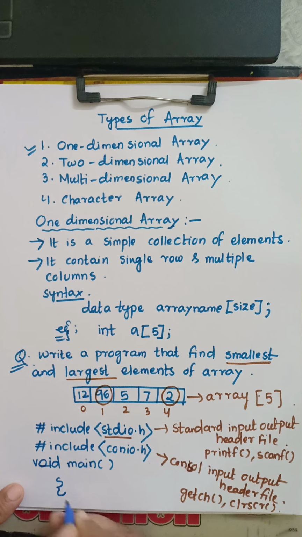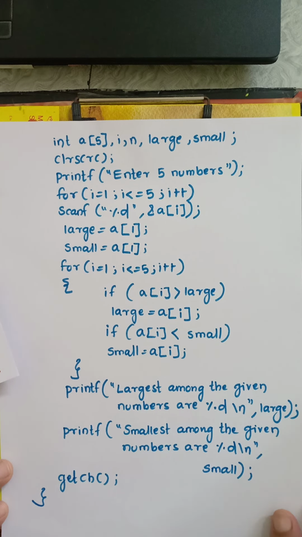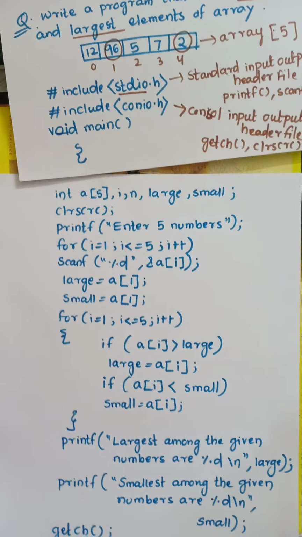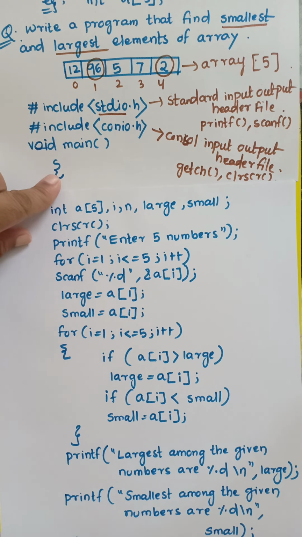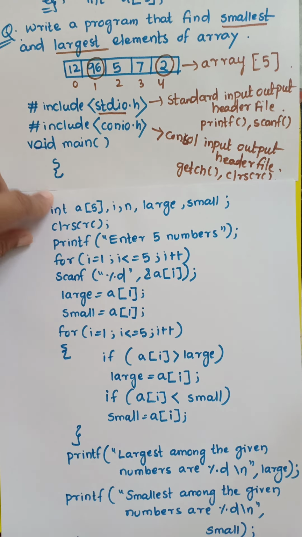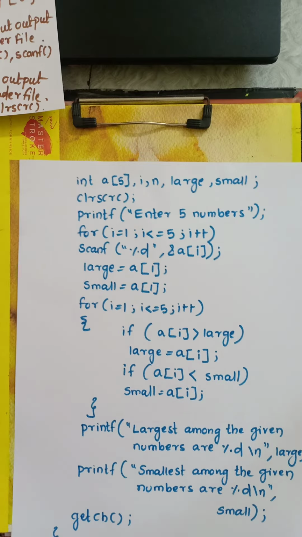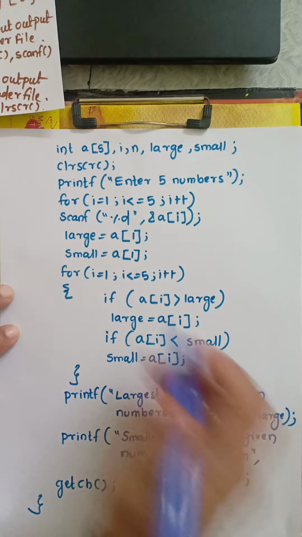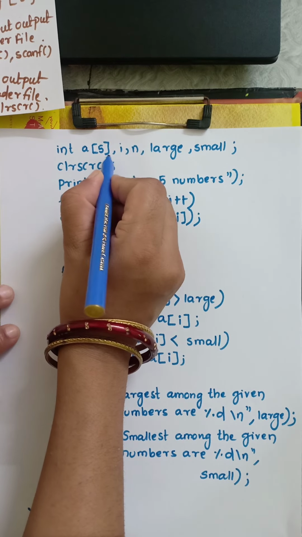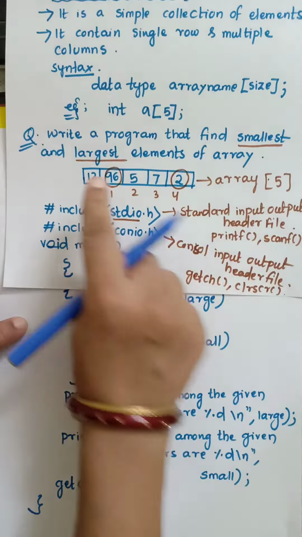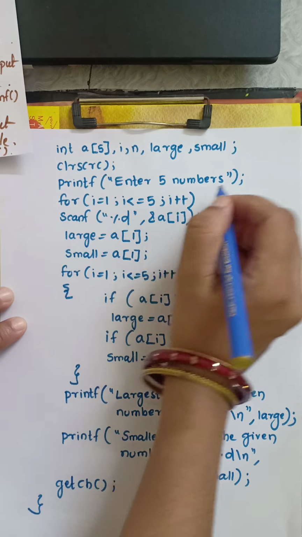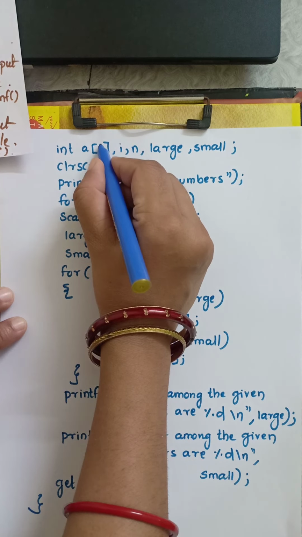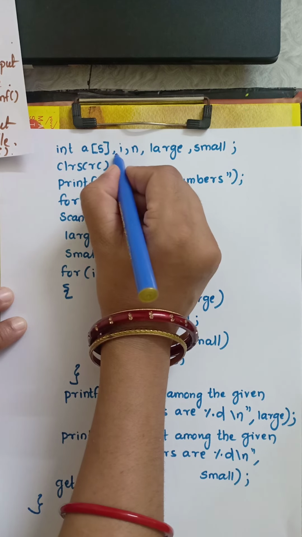Now I write my program from this place. Okay, so look here, this one is our program. So after the word main, here I start the braces. Okay, so our program is starting from this place. So look here, here I use one array, a[5], because here I use 5 number of elements. Look, 1 2 3 4 5 number of elements we have to input here. Now for these 5 values I use i, because the i